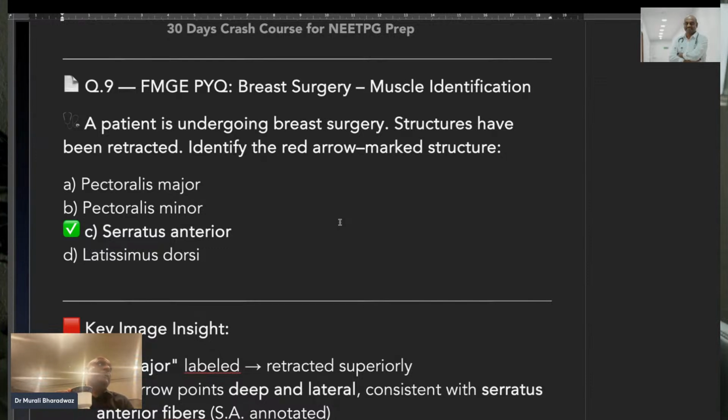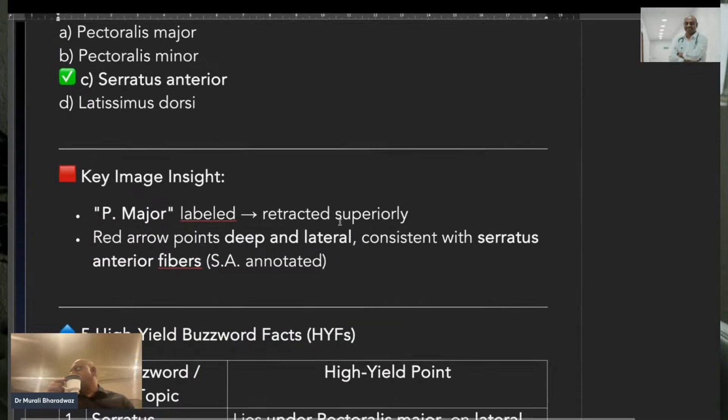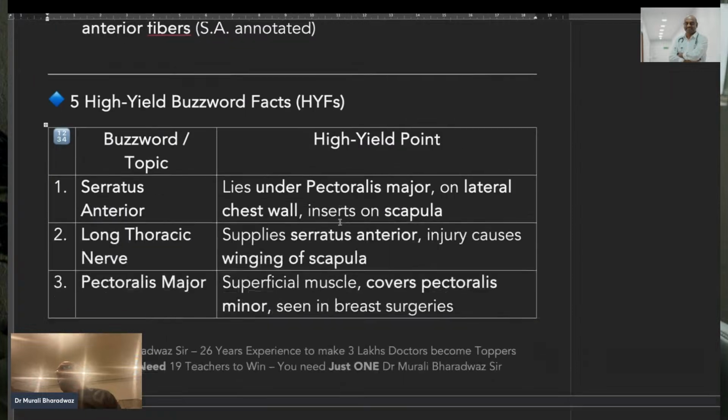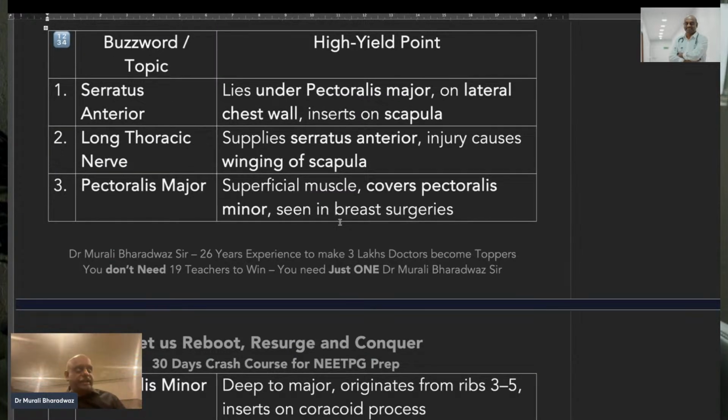The patient is undergoing breast surgery. A structure has been retracted. What is that structure? Serratus anterior has been shown, and the one which was labeled in that image was pectoralis major. So this is also common sense in the exam. Serratus anterior, pectoralis major, minor. Always image-based questions are easiest. So the funda here is you should know serratus anterior typically lies under the pectoralis major in the lateral chest